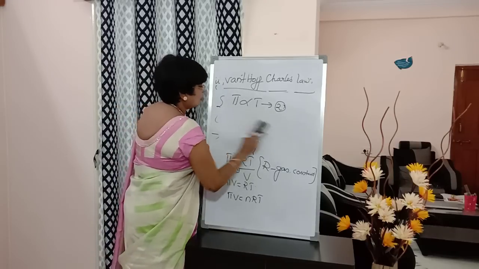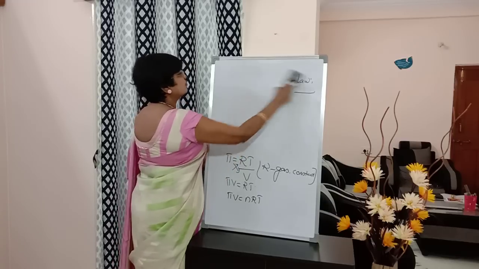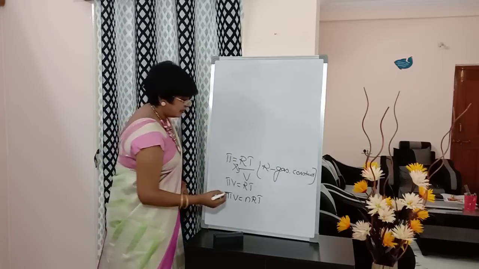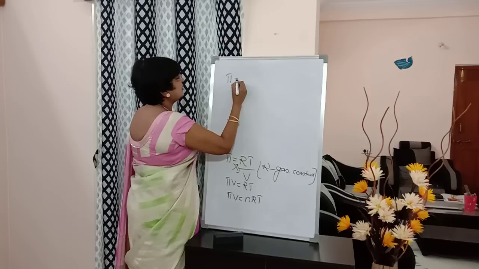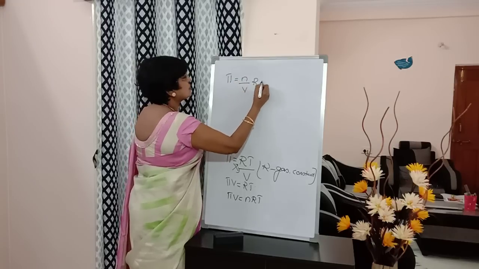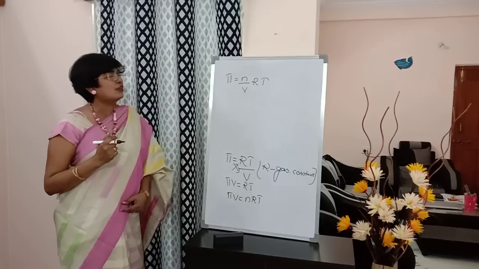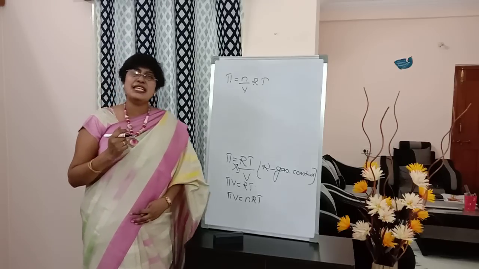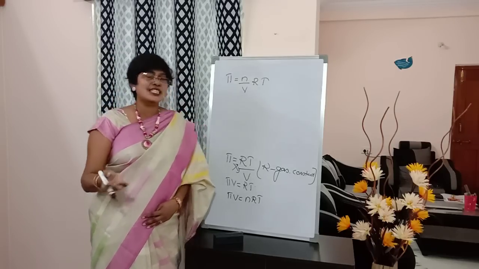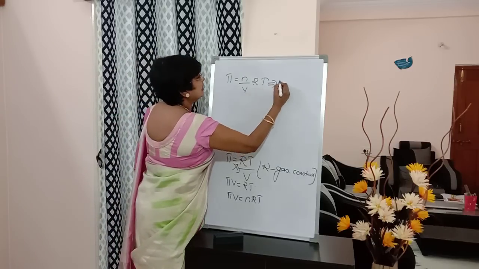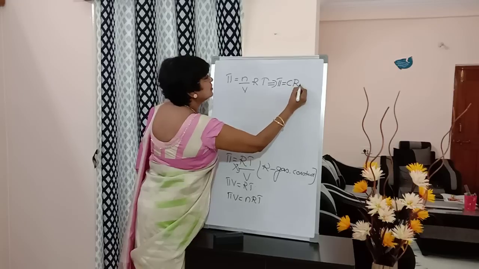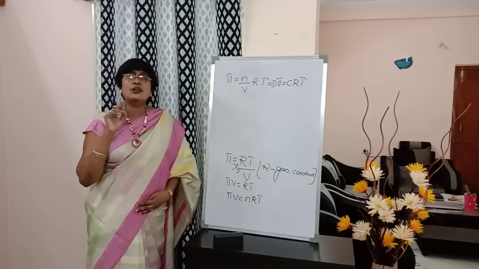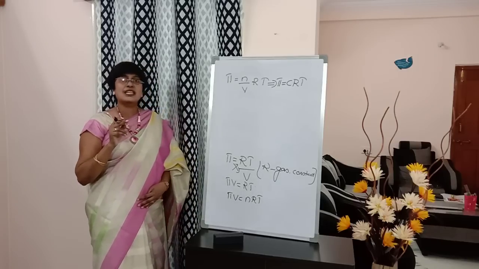Okay. So, what would be the next step? Pi V is equal to nRT. So, if I bring V to the right side, it goes to the denominator. Pi is equal to n by V RT. So what is n by V, students? n is number of moles, V is volume. Number of moles per volume, concentration. So this can be written like this. Pi is equal to CRT. You can write down in the brackets, since C is equal to n by V. Okay. So pi is equal to CRT.